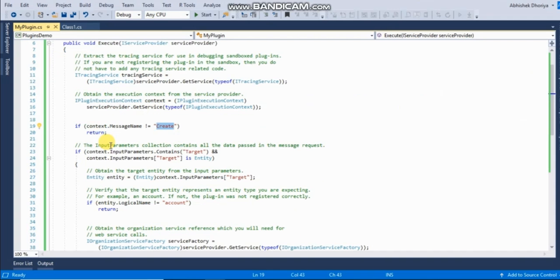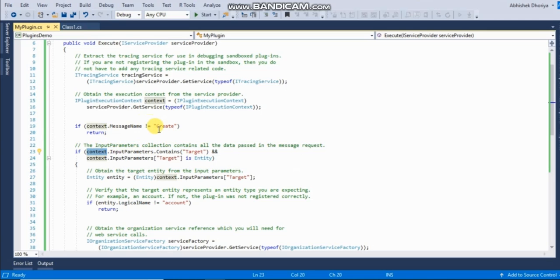And now what we are really interested in getting is the business entity information, for which business entity the event has been raised. You can get the business entity information and the data associated with it through the InputParameters Target key, and the target will contain the business entity related information.